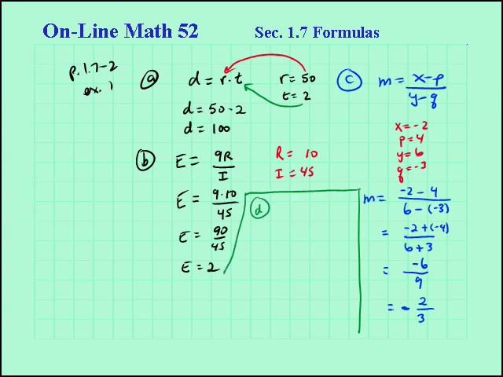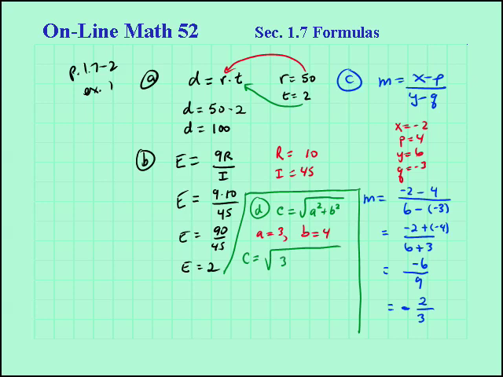D is C equals the square root of A squared plus B squared. And we're told the values of A and B. A is 3 and B is 4. So carefully here, and again using the order of operations, the square root of A squared